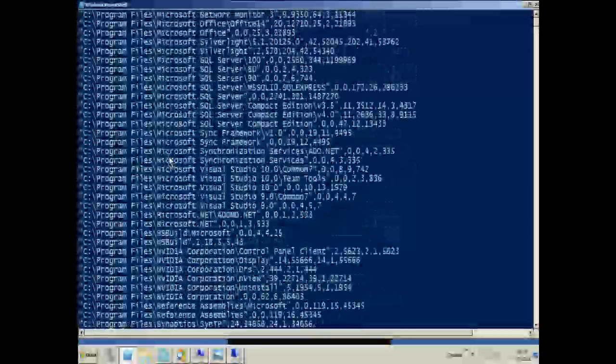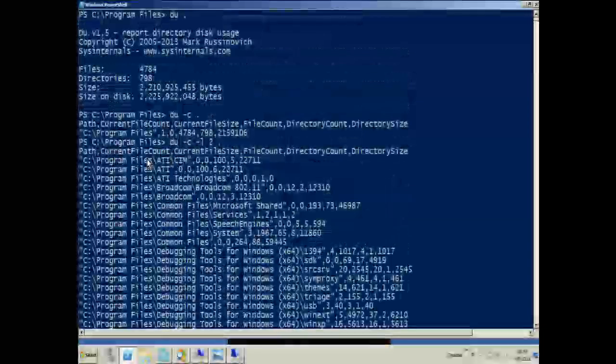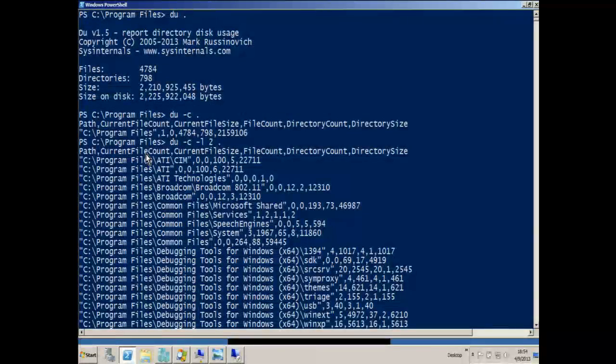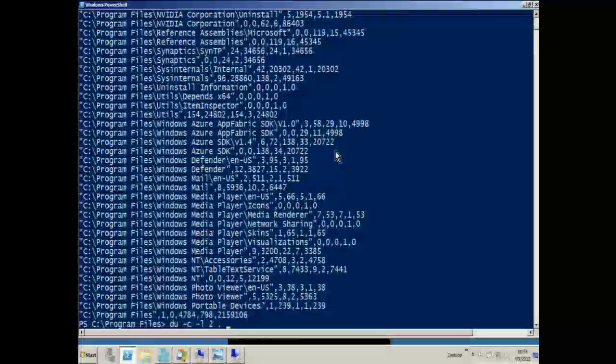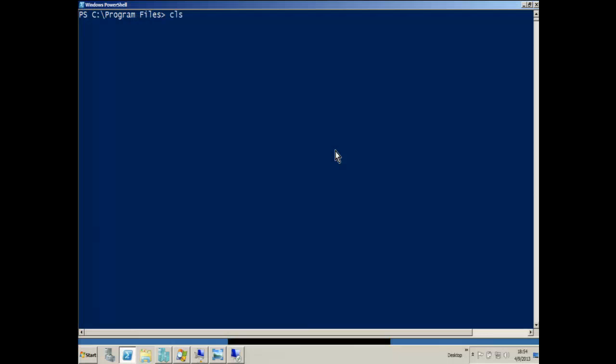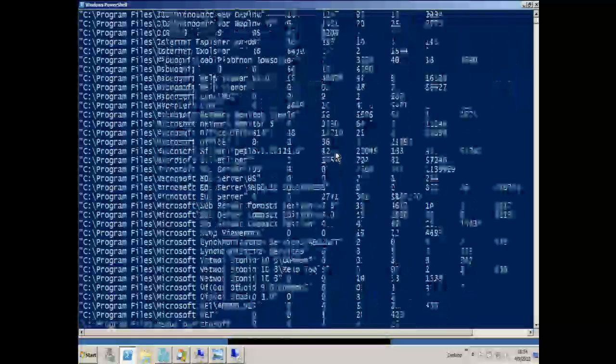For each directory, it now shows you how many files are in the current directory, what is the size of those files, what are the total count of files in this directory and below, the directory count in this directory and below, and the total size of that directory. But one feature I really like is now there's a -CT, which changes that into tab delimited.